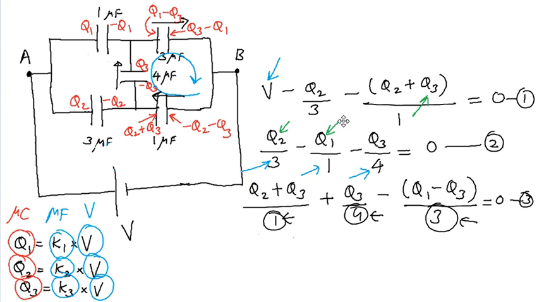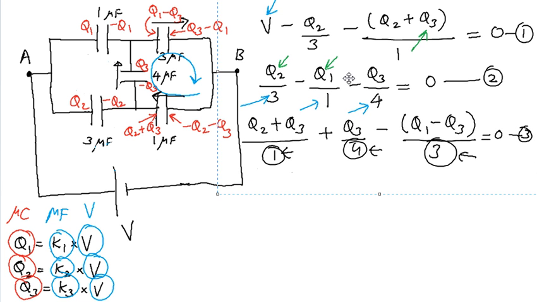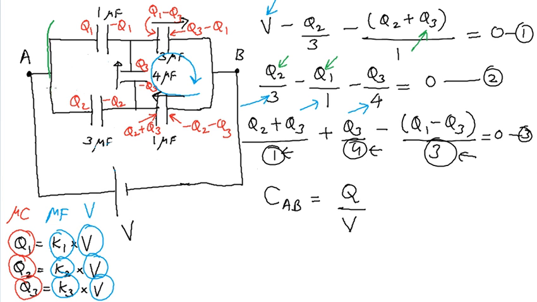Now I'll just move these equations up here for future reference, and let us remind ourselves of the original question, which was to find the capacitance C looking through the terminals A and B. And clearly CAB by first principles is going to be the total charge on the effective capacitance divided by the potential difference across it.